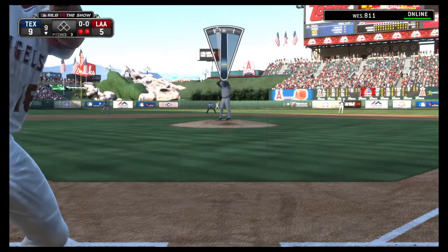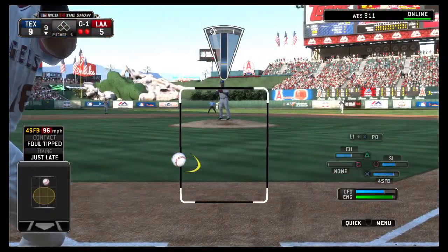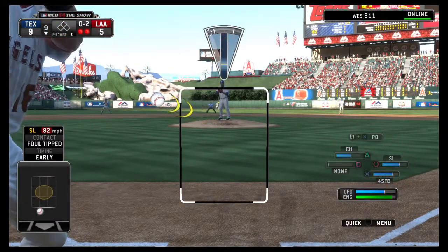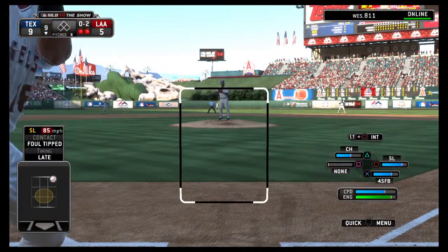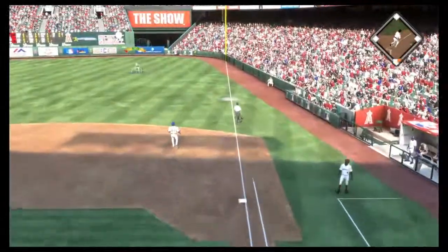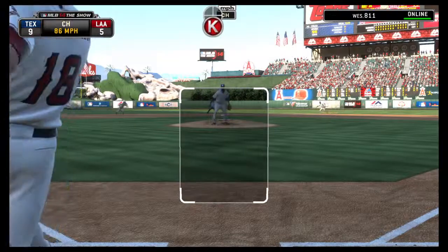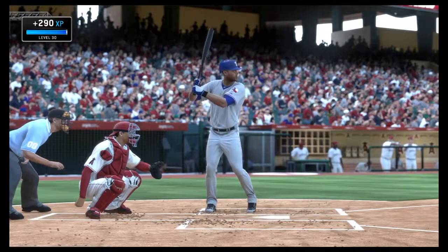Gordon Beckham is the last chance now with 2 out here in the ninth. Gordon Beckham. And this is fouled back and out of play. And he gets a piece of it here, but it's chopped foul. The 0-2 pitch from Feliz. And this is popped foul, but perhaps playable behind first. And this is going to wind up a foul ball. Swing and a miss. He struck him out, and that'll do it here as the ball game is over. And guys, the Rangers were led this afternoon by